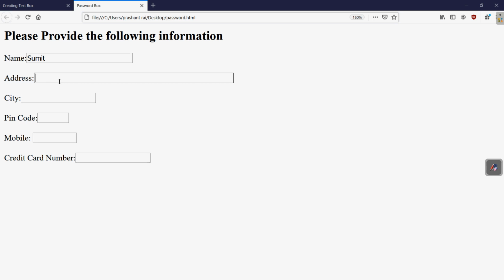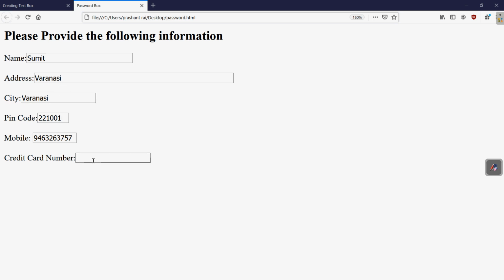In the address, whatever the information you want to write, you can write. Then city, pin code according to the place. So this way we are writing this information. Whatever the 10 digits we want to write, this can be written. Only the maximum length which we have set will be accepted. In the same way, in the pin code also, if you write one more digit, it will not accept.